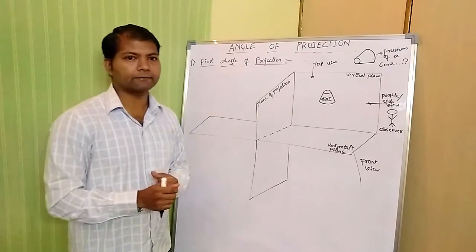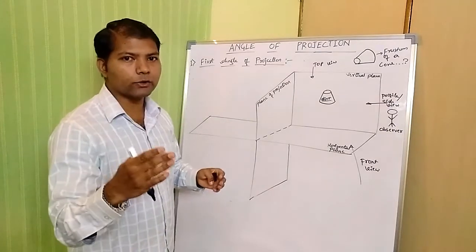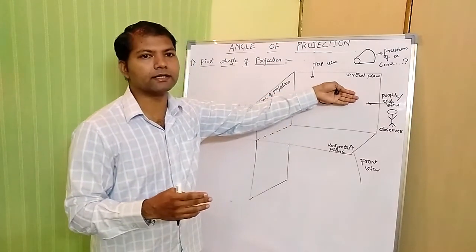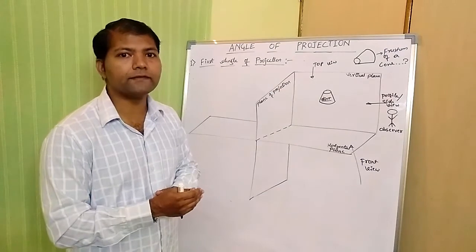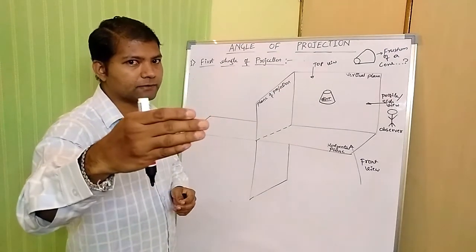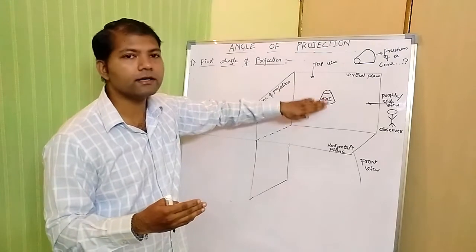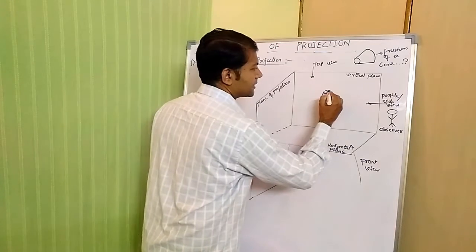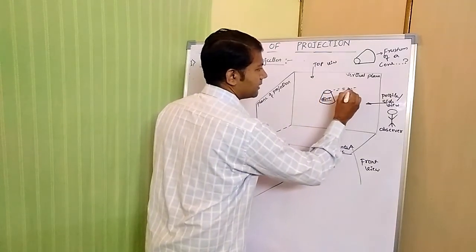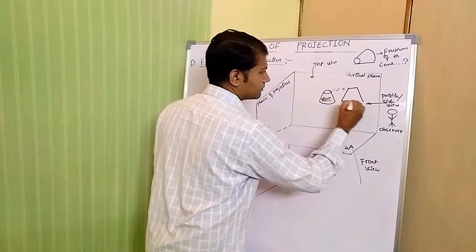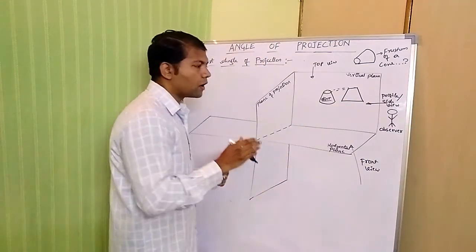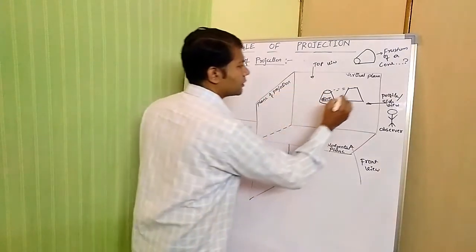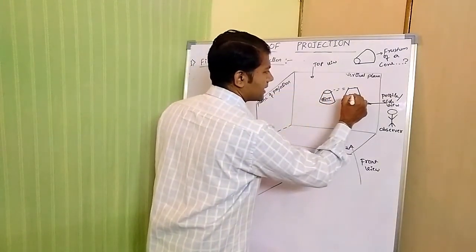Okay, so going here, you are going to look at the object from the front view. This object is going to be projected on the vertical plane. So how is it going to appear when projected? What you can see from the front is the front face of the frustum, the front face of the object. The same front face is going to appear on the vertical plane. So it seems to be something like this. The front face, what you are seeing, that is the front face. Means from the front you are seeing the front face. So I can consider this as the front view.